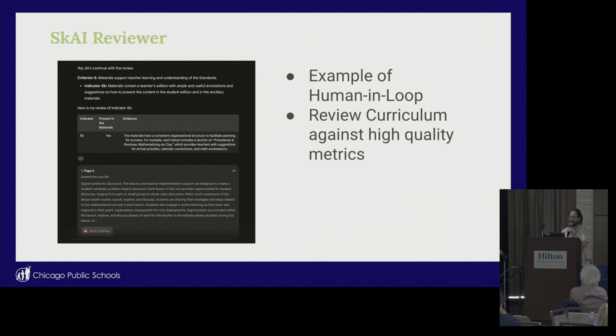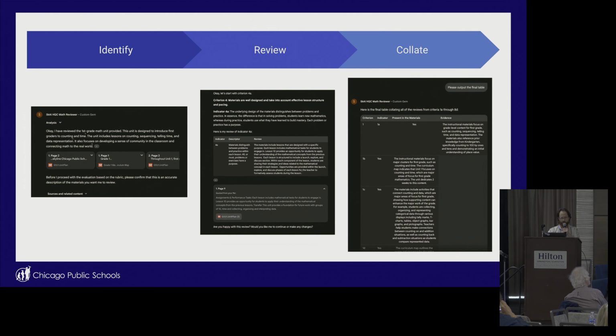So we're exploring how an artificial intelligence can give us insight as we review curricular materials. You can see how this could be useful for those designers. So we're looking at the ability of AI tools to identify curricular materials, review them, and then collate that information in a way that's human readable and engaging to our design team.